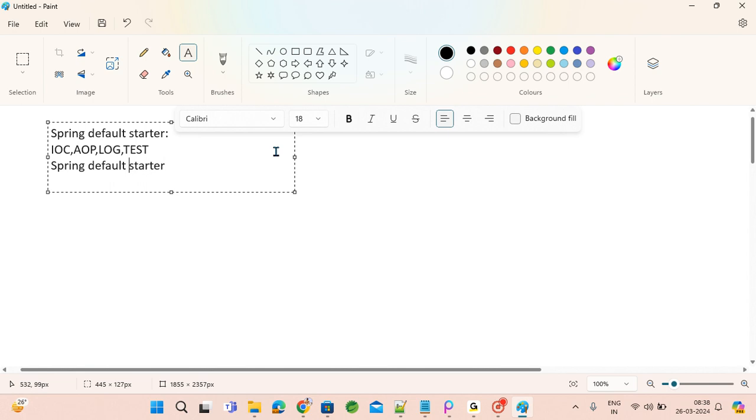And if we include the web starter, it provides support for both web and REST and microservices with embedded Tomcat also. With embedded Tomcat it is coming, right? And when we use Spring Data JDBC, when we use JDBC,